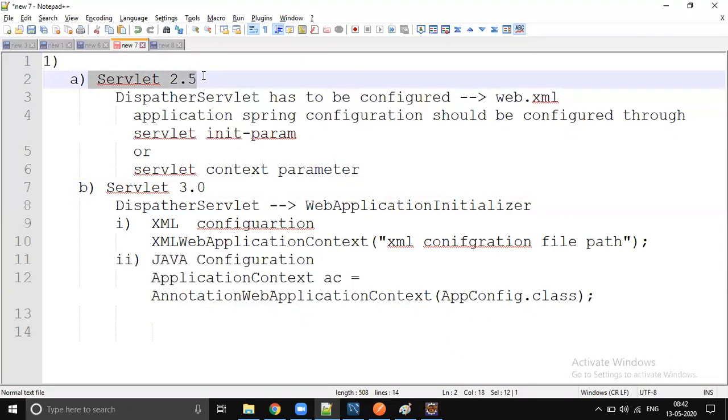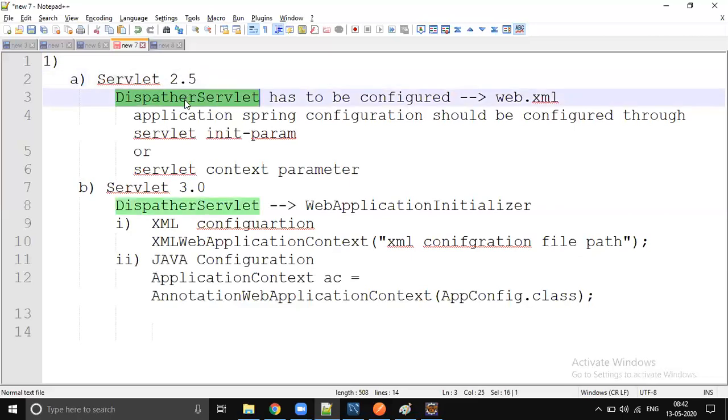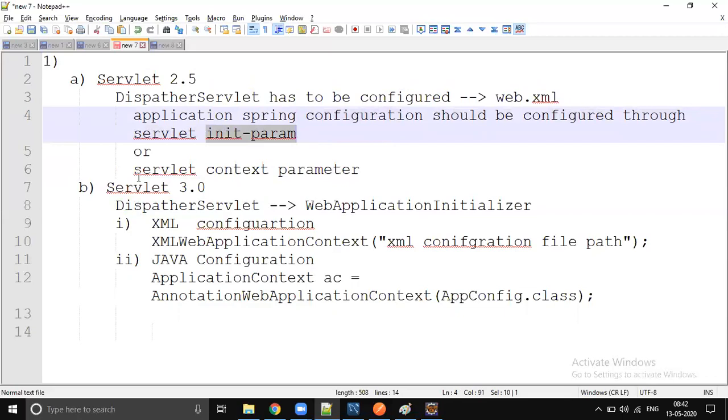If you are going with Servlet 2.5, then you have to configure the dispatcher servlet, and by default the configuration starts with an XML configuration, right? That XML configuration will be configured through servlet init parameter or servlet context parameter. That is for Servlet 2.5.